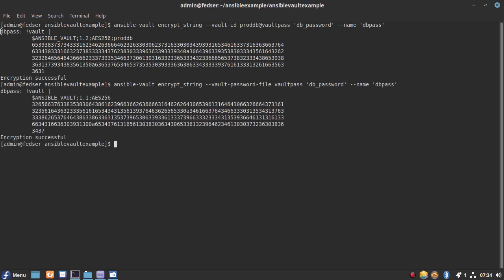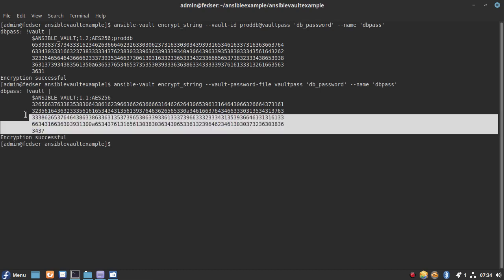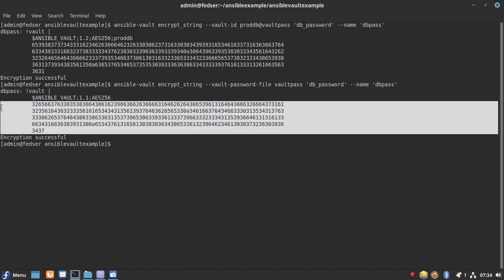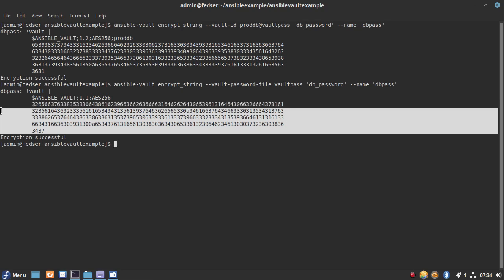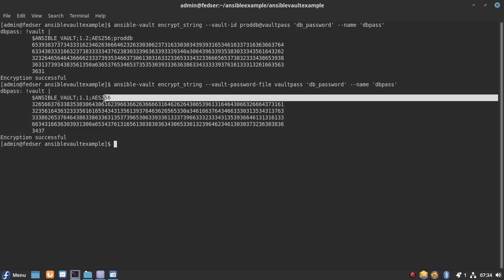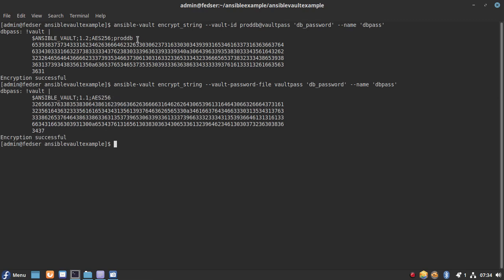So you see the only difference, except for the encrypted numbers, is that without vault id we are not getting any label, but with vault id we are providing a label.